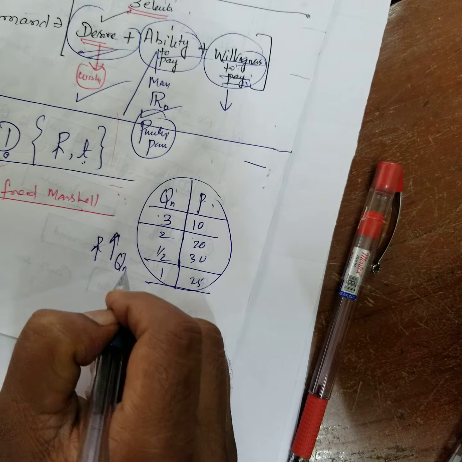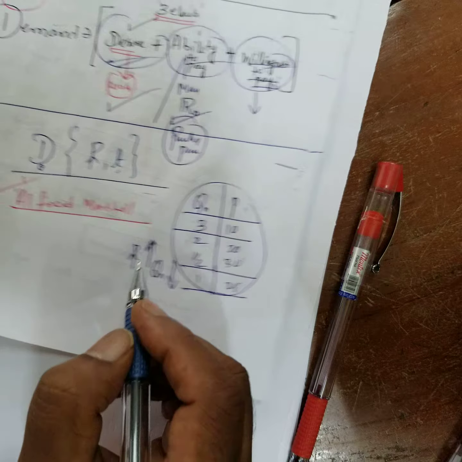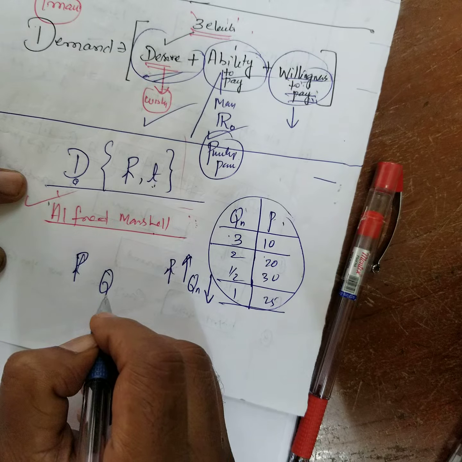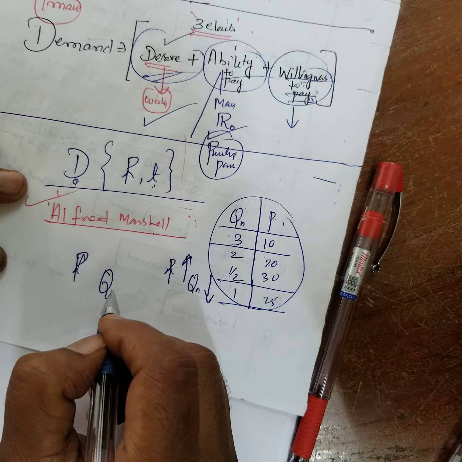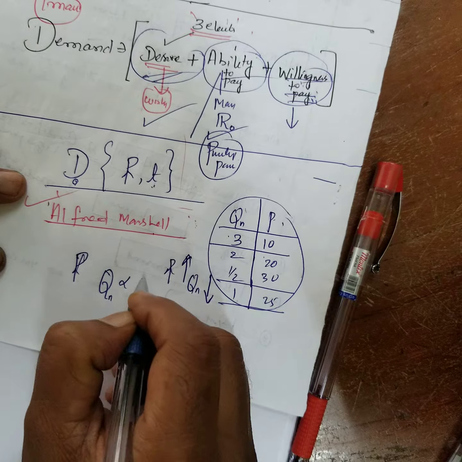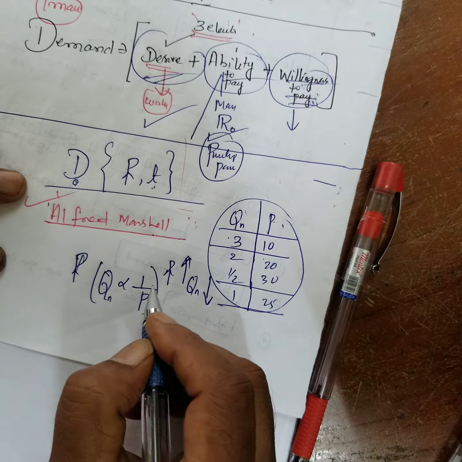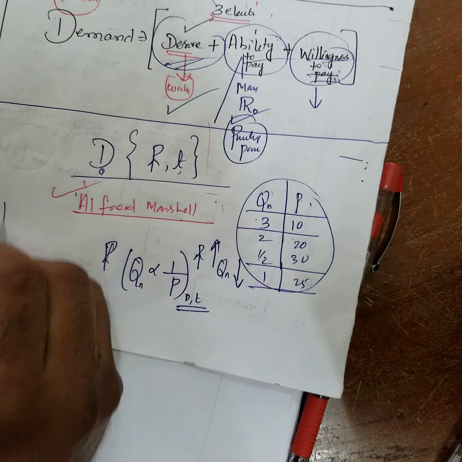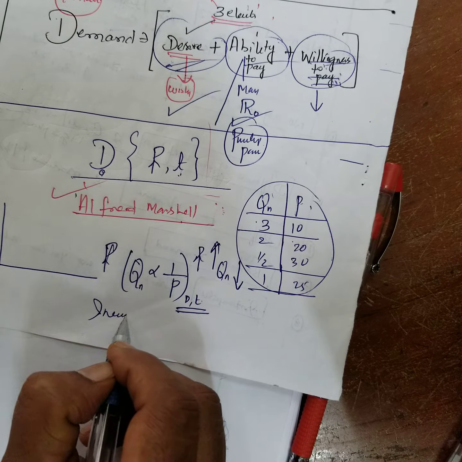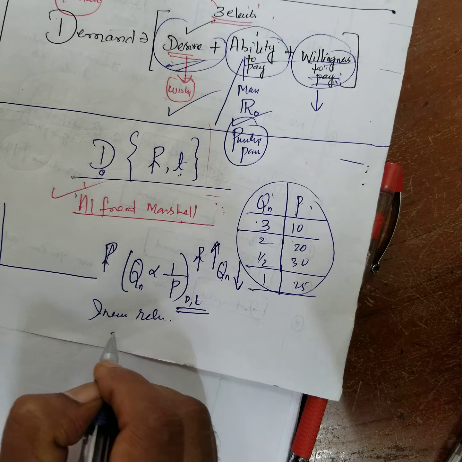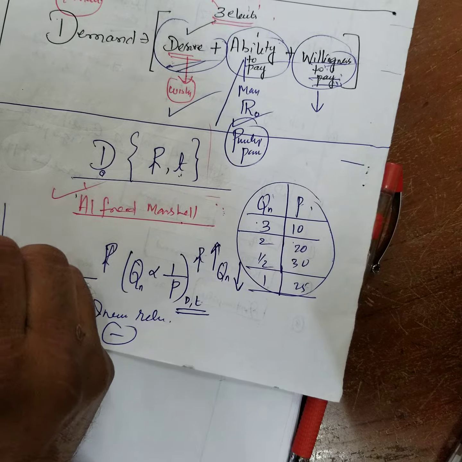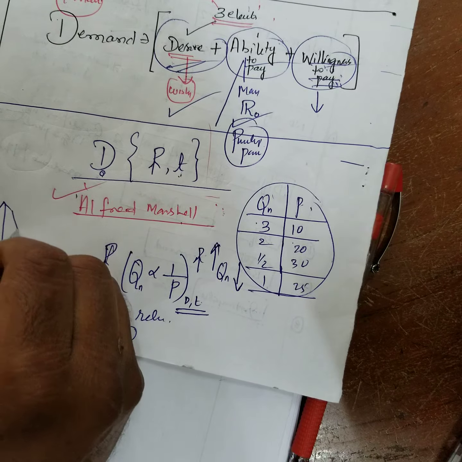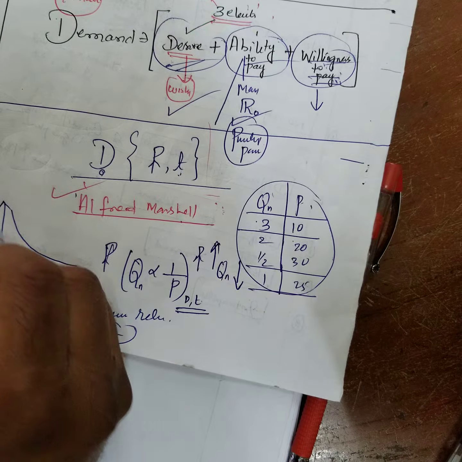the quantity of things you buy is less. Therefore, the quantity of demand is inversely proportional to the price when the other factors and time are constant. Therefore, it has an inverse relation. What is that? Inverse relation or negative relation. Therefore, price on the y-axis, quantity on the x-axis, you will have a curve like this. This is the inverse relation.